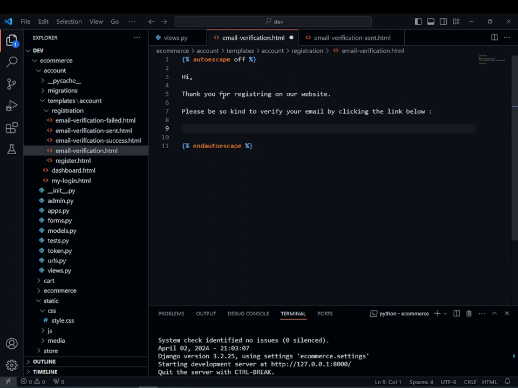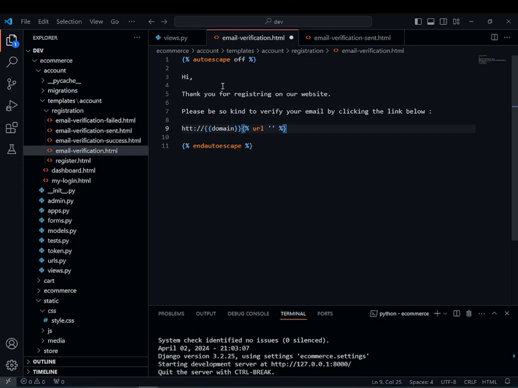And after that we are going to create a link, and it will have the domain, whatever domain you are using. So for now we are using localhost. It is going to render that domain, and in Django tags we are going to use a url,